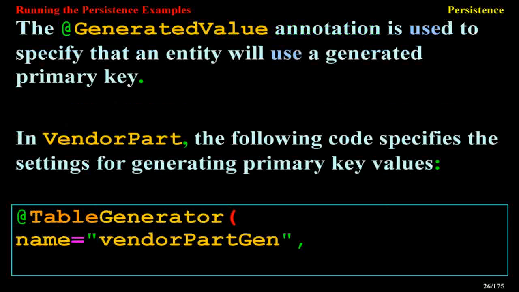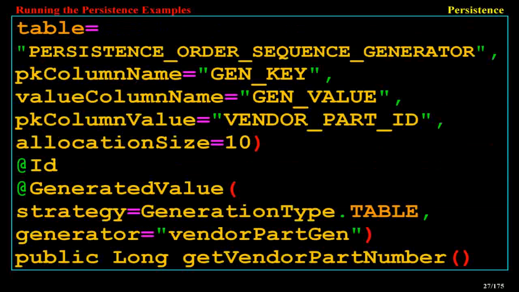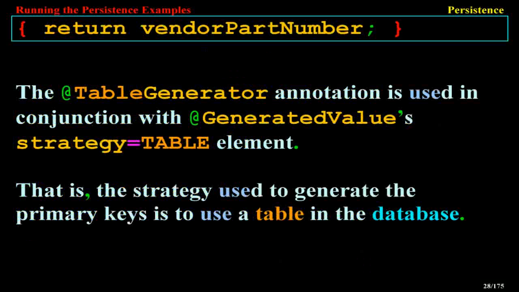The @GeneratedValue annotation is used to specify that an entity will use a generated primary key. In VendorPart, the following code specifies the settings for generating primary key values. @TableGenerator(name = "vendorPartGen", table = "PERSISTENCE_ORDER_SEQUENCE_GENERATOR", pkColumnName = "GEN_KEY", valueColumnName = "GEN_VALUE", pkColumnValue = "VENDOR_PART_ID", allocationSize = 10) @Id @GeneratedValue(strategy = GenerationType.TABLE, generator = "vendorPartGen") public Long getId() { return vendorPartNumber; }